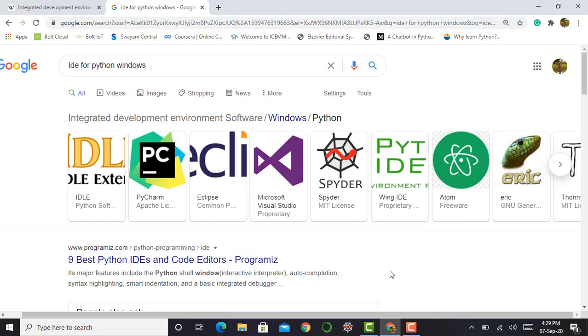In my upcoming videos regarding the Python programming language, I am using Jupyter Notebook. But according to your flexibility, you can use any IDE that you feel comfortable with. The most popular IDE is PyCharm, but it takes too much space on my computer memory, so I avoided it, and instead of PyCharm I am using Jupyter Notebook.